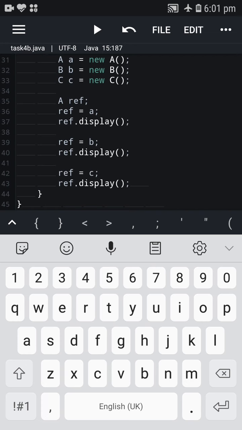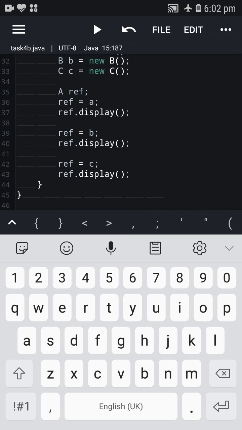In this example, we have assigned the class B object to the reference variable of type class A. So irrespective of the reference variable type, whichever class object is assigned to the reference variable, that class functionality will be executed.